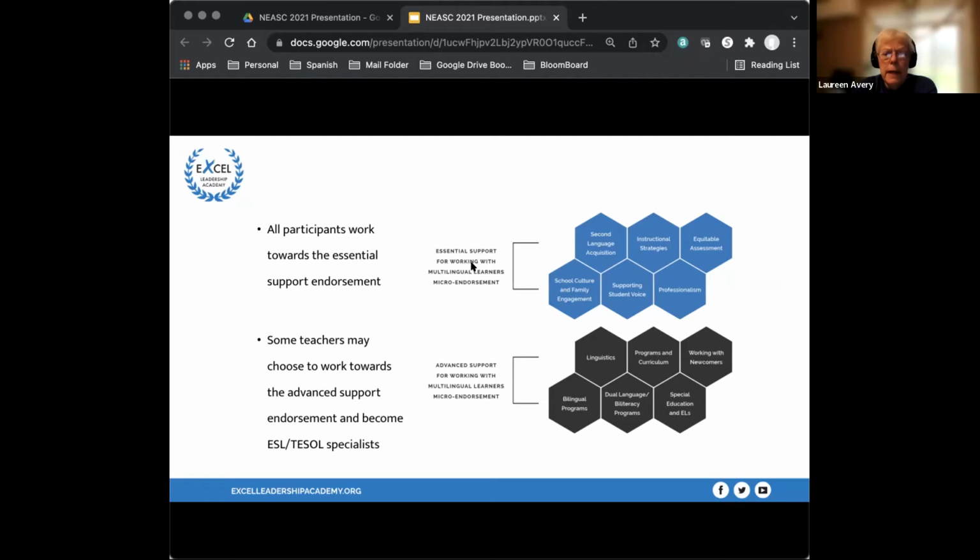I'll give you an example. Working with newcomers is in the specialist pathway, but I know from conversations we've been having with teams that are forming in Vermont, for example, many teachers might want to actually start there because of the pressures right now. I don't have to tell folks, there's a large influx of newcomers, a large Afghani population settling in Vermont, and teachers may want to start there. And that's fine, wherever it works for folks.